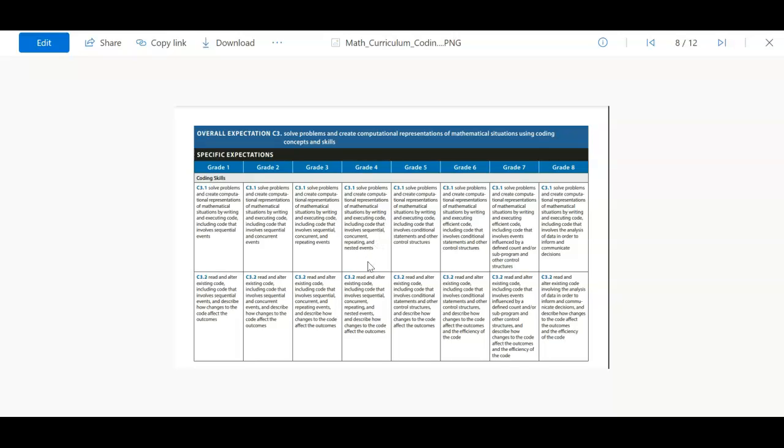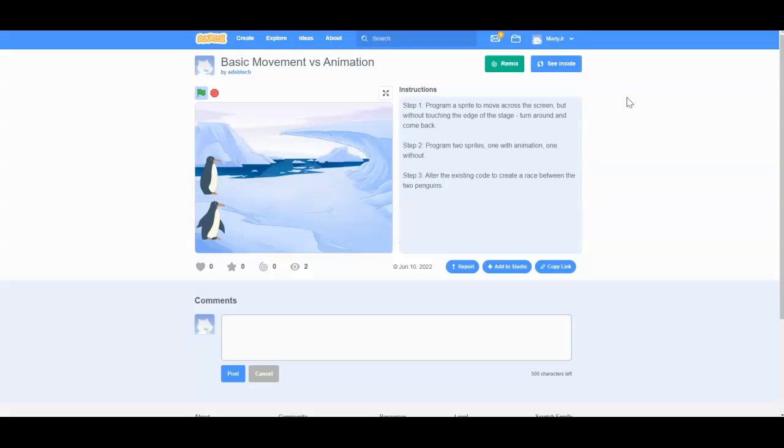So for this activity now, we are going to take the same activity that was created, but now we are going to focus on altering existing code and then being able to describe how changes to that code affected the outcomes. So let me just switch back over to my Scratch window. So what would happen in this situation is we are sharing a link. We are making the sample activity available and providing a link that will be available to all staff members within our system. So if they access the link, this will take them to this activity, and the idea will be,